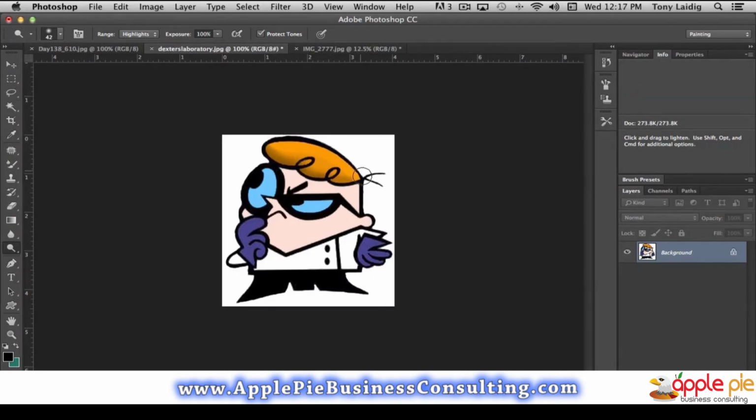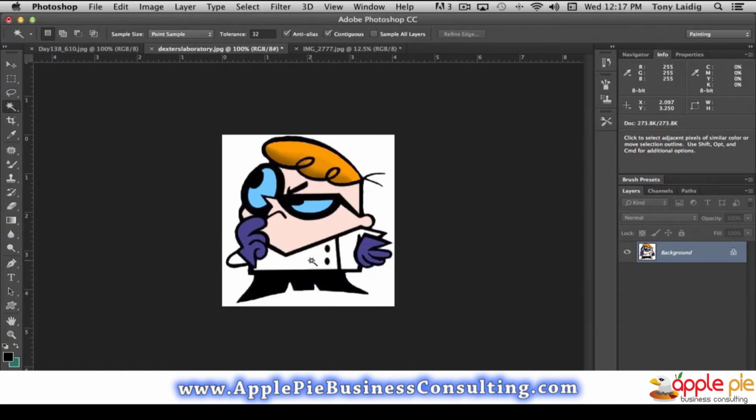So now it's lightening the color. Okay, so it gives you an ability to add a little extra dimensionality to a picture. Let's take this one step further, and just by way of example, let's select his coat,